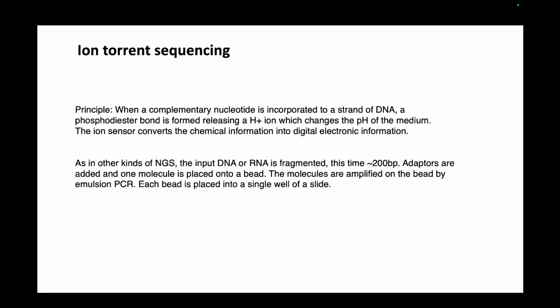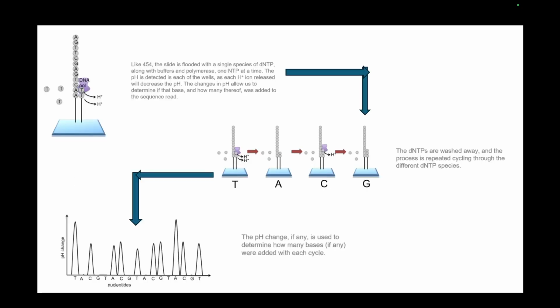And as in other kinds of NGS, the input DNA or RNA is fragmented. It is around 200 base pairs, and adapters are added, and one molecule is placed on a bead. These molecules are amplified on the bead by emulsion PCR, and each bead is placed on a single well of a slide. So, like the Roche